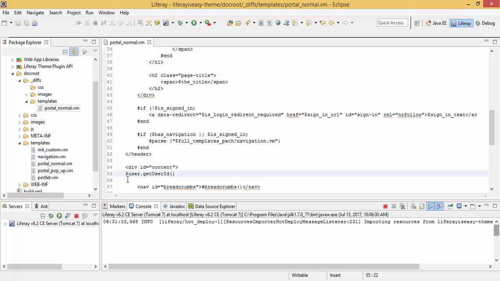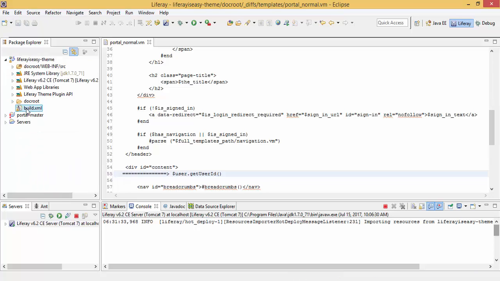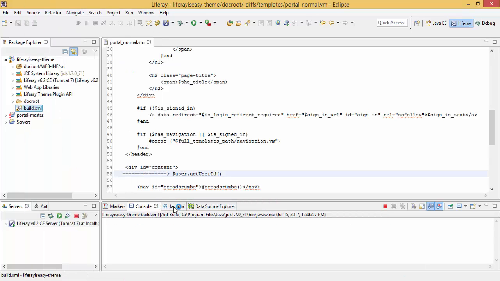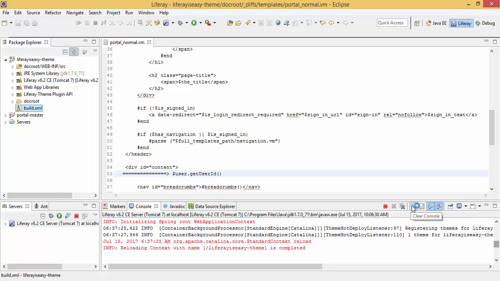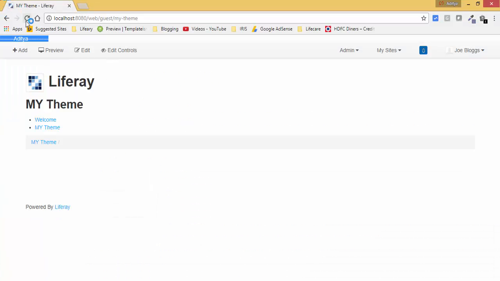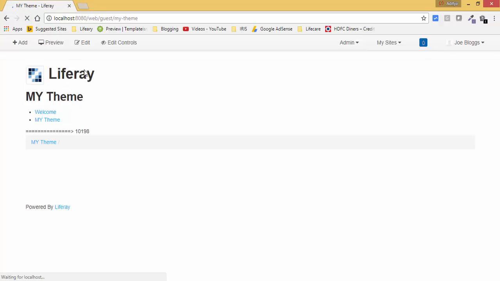When I deploy this, it will give me the user ID. Just deploy this. So our theme is deployed. So look, the user ID is this.